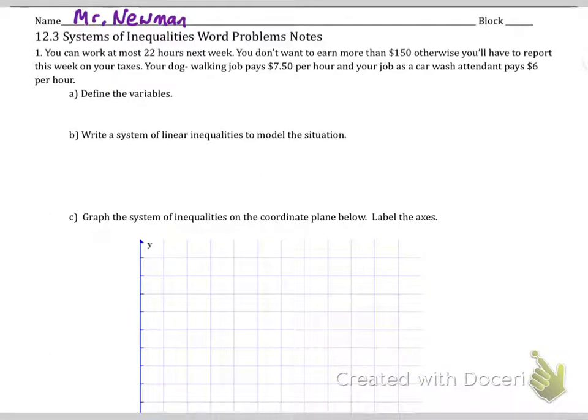Hey everyone, Mr. Newman here, and today we're going to learn about systems of inequalities in word problems. I'm only going to do one problem, so pay very careful attention to the details when I explain each part,